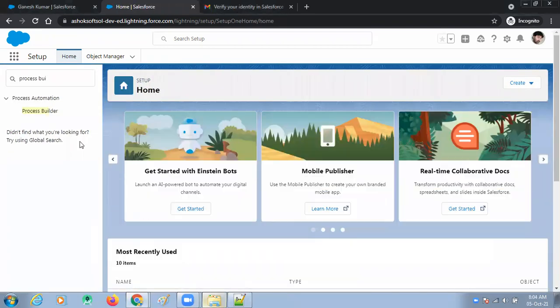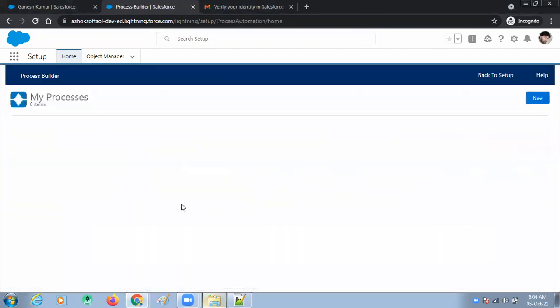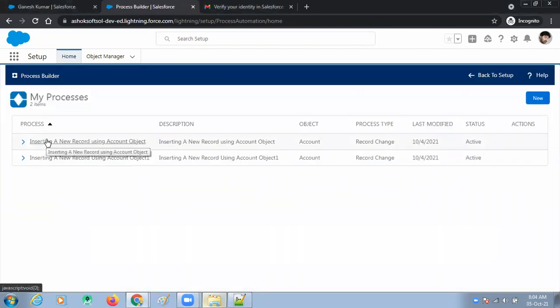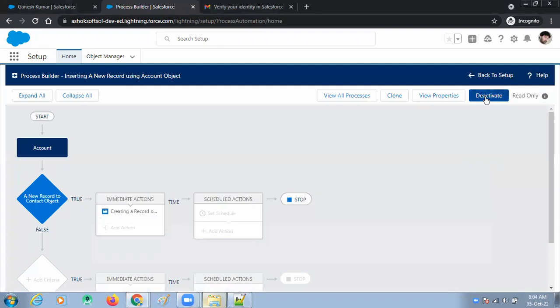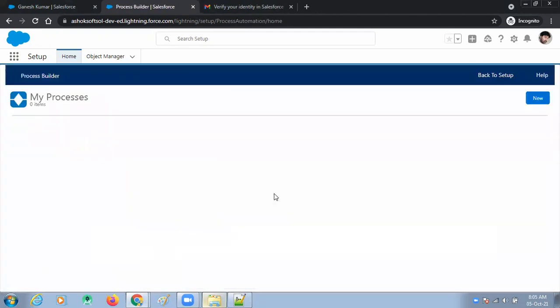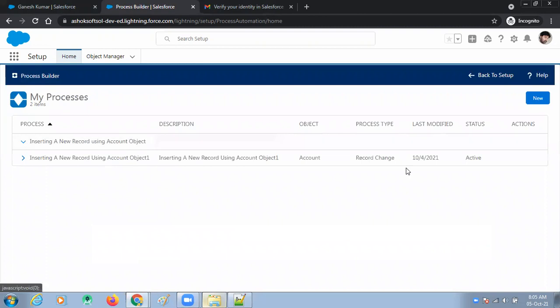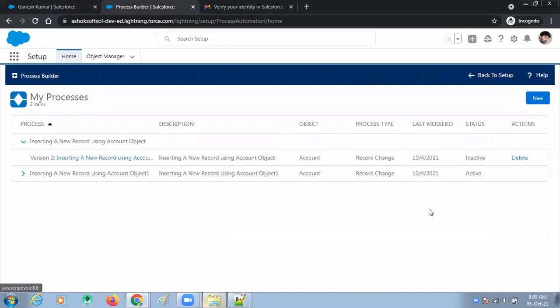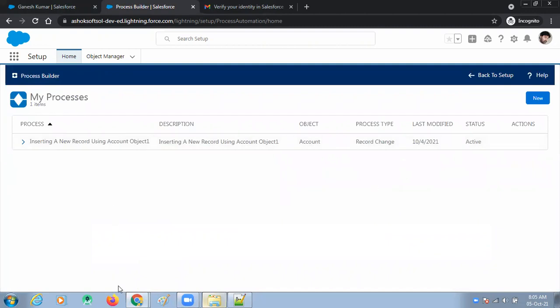Go back to process builder. This one only, I want to deactivate. Go back. I want to delete this old one. Look here, it is in active state.